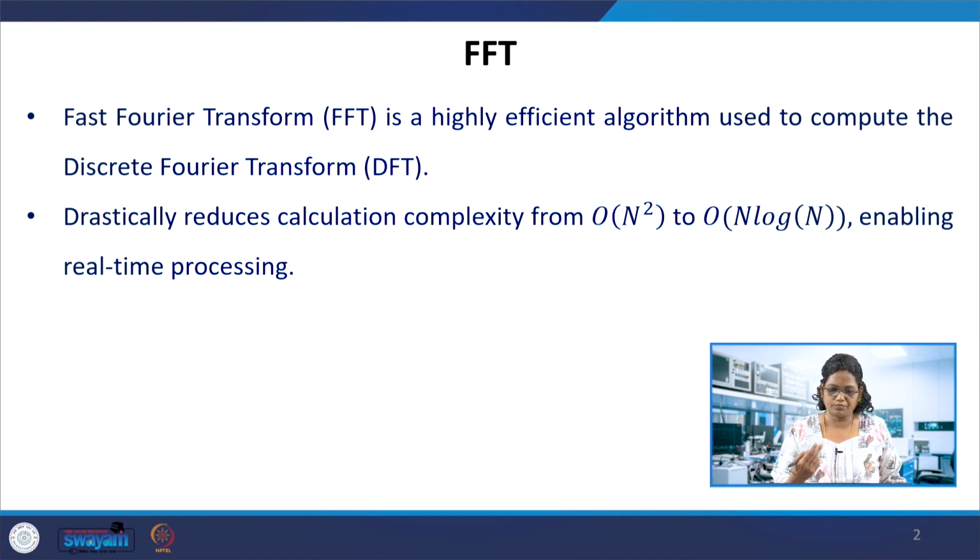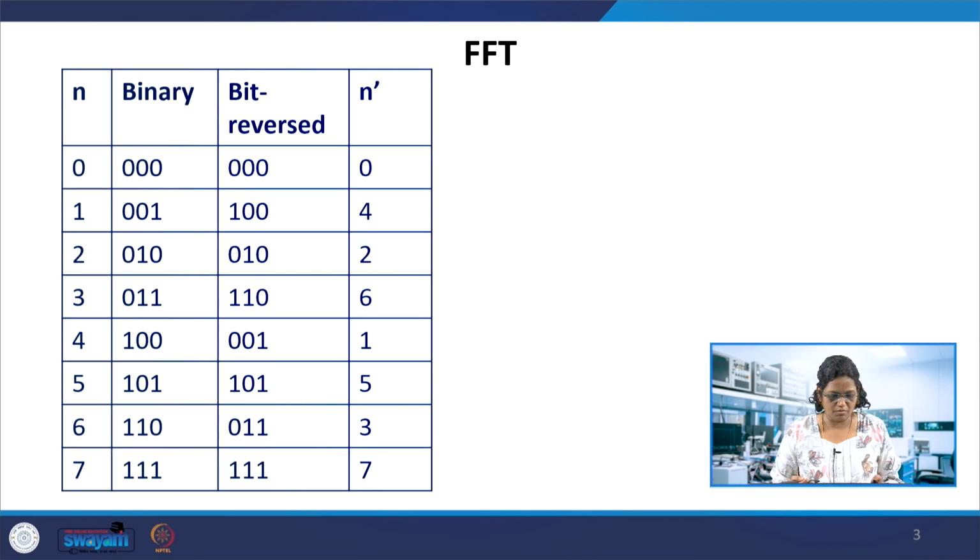The first stage divides the samples and gives 4-point DFTs, and then the next will be 2-point DFTs. Before taking the stages of the FFT, we need to know the meaning of bit reversal. Suppose the number of samples is 8, with indices n equal to 0, 1, 2, 3, 4, 5, 6, 7.